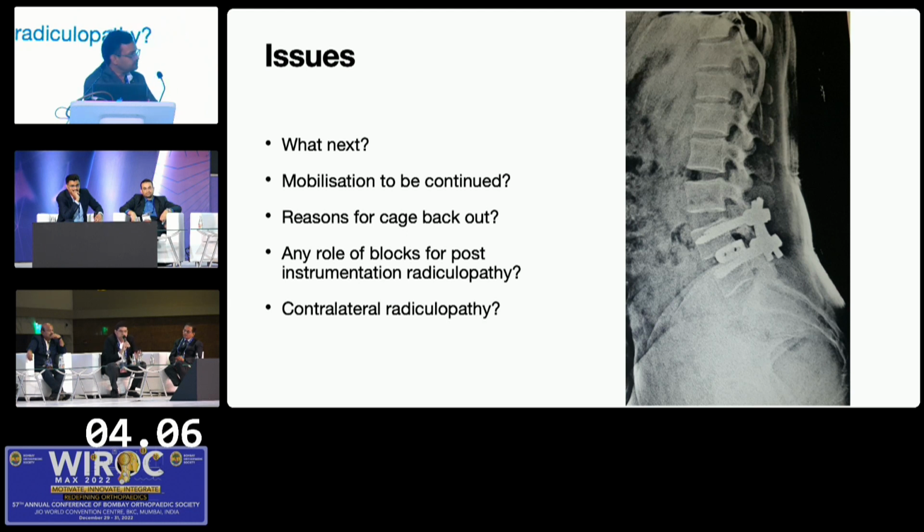So if the patient complains of persistent radiculopathy after surgery, then you need to investigate it. Beyond a point, you can give analgesics, give everything else. But before you plan any repeat intervention, whether it's a block or something, I would definitely do labs to be sure that there's no infection, get a new MRI, if required with contrast, so that I have more information, and get a CT, so that we are able to understand for sure that our implant's in position, that there's no collection, that there's no early infection, that the labs are okay, and then plan treatment. I would not decide on any treatment without having all these things in place.